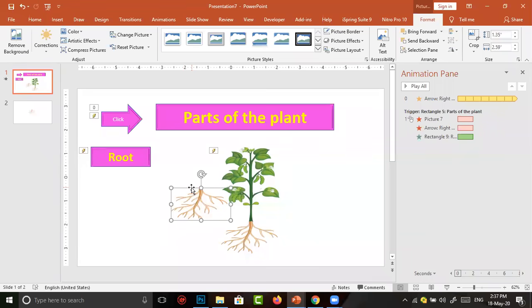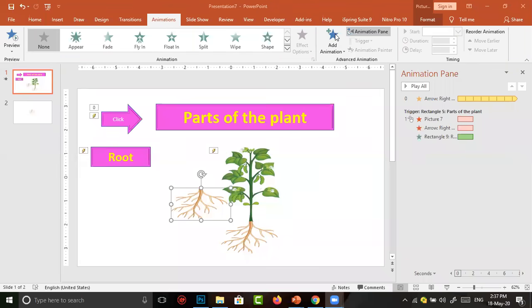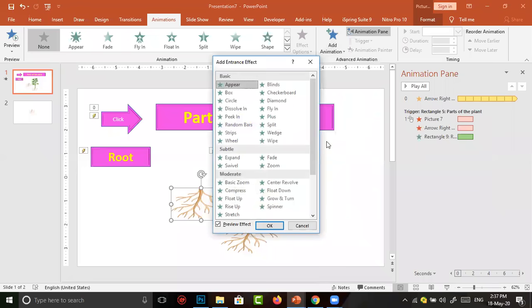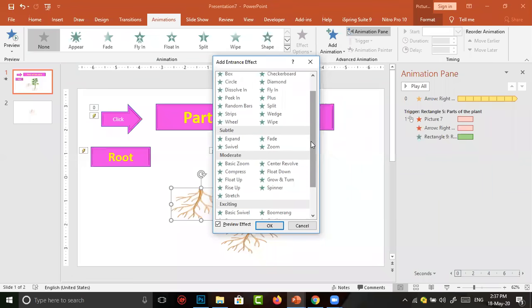I select this one, go to animations again. This time the root image is to appear. For this, I am going to add animation. In add animation, I go to more entrance effects. To look better than an ordinary animation, I am going to give basic zoom.